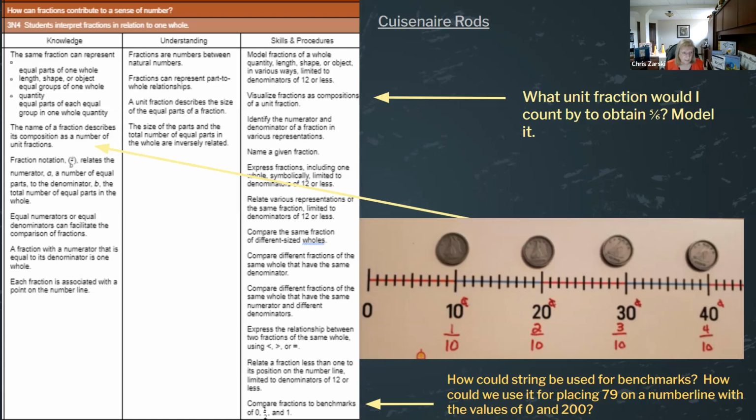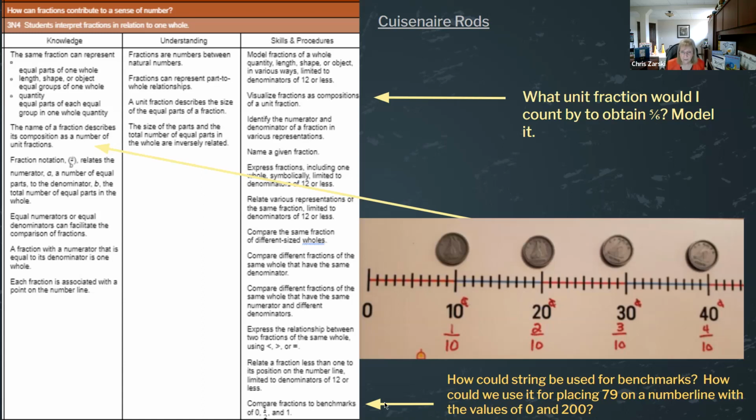One of the other questions I have for you here is, down at the bottom, it says compare fractions that are benchmarks of 0, 1/2, and 1. So if you think of those lines that we did, you think of the strips that we did, those were all 0 to 1. That was our whole, that's what we said. And whatever pieces we wanted in between were the unit fractions that created that whole strip. So whether it was 1/10, 1/4, 1/5, didn't matter. So here, my question to you on the side is, what if I want to go one step?